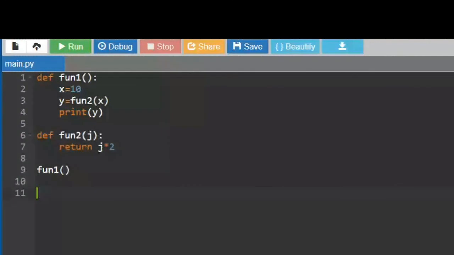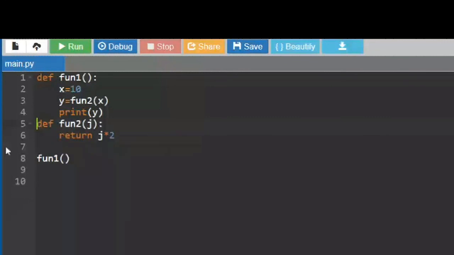So here I'm having two independent functions. This is function 1 and this is function 2. And I'm making a call to this function 2 from function 1. In the similar way, as you proceed further, maybe your function 2 may need function 1 also. So that's what we are trying to understand over here, that this program is having two functions. In the similar way, you can have n number of functions.